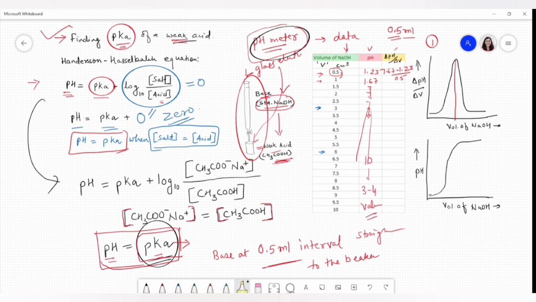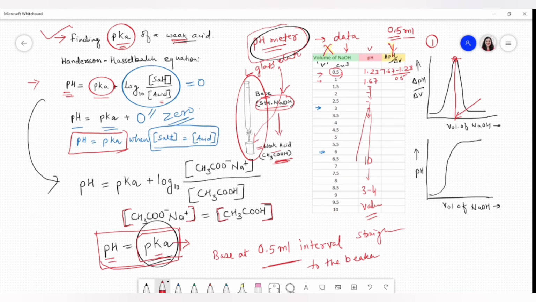You have taken volume of NaOH on the x-axis and delta pH upon delta V on the y-axis, and you have plotted a graph. You will get a certain point where your peak will be there. So you will draw a line over here and you will get a point on your x-axis, which is basically